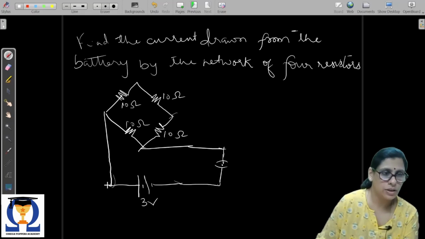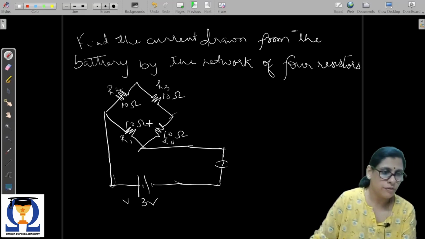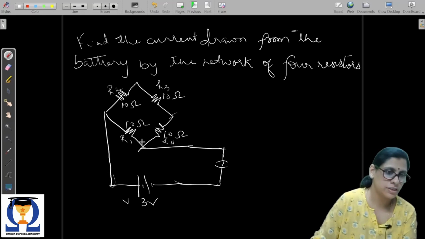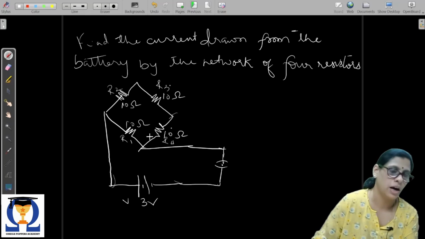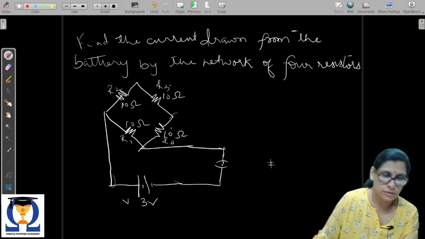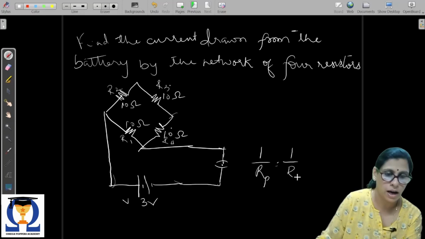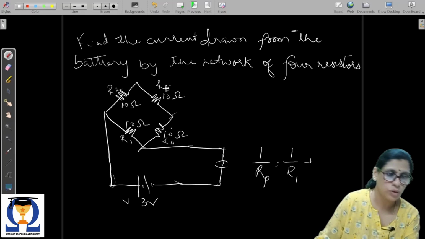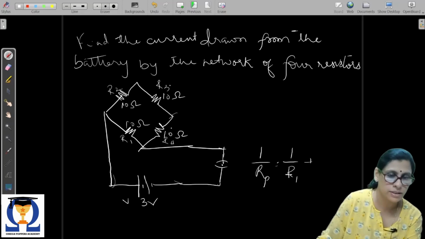First, to calculate the current, this is V and these are R1, R2, R3, R4. So here we can observe that this R1 resistor is in parallel with the other 3 resistors R2, R3 and R4, which are in series. So the total resistance in the circuit, 1 by Rp, is given by 1 by R1 plus, since R2, R3 and R4 are in series, but in parallel with the first resistor R1,